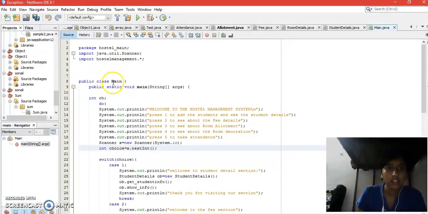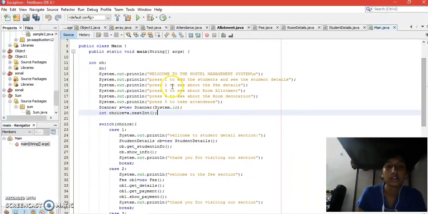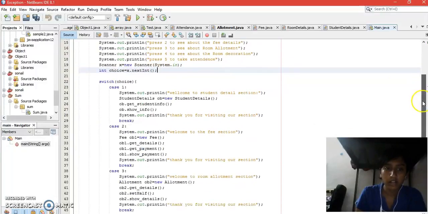So I created a main class in which I've declared an integer variable ch and used the do while loop to print all the details, that is the attendance, allotment, fee, room details, student details, everything, for the user to choose one of the actions or operations to take place. So as you can see here, I used a switch case, in which all of these cases are for each of